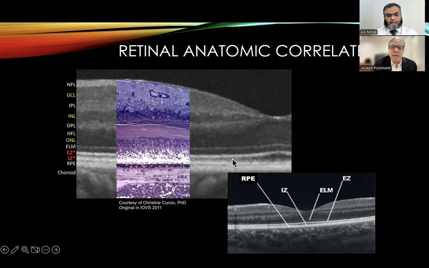I do want to mention this ellipsoid zone band, and we'll talk a little bit about biomarkers, but this ellipsoid zone band right here can be thought of as a biomarker for visual function. When this band is intact, visual function tends to be very good, but when this ellipsoid zone is compromised in some way in this foveal area, visual function will suffer. And so it's been used in clinical trials and other studies, as well as just in clinical cases to determine, well, does the visual acuity match the pathology?